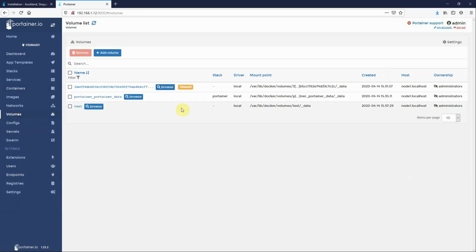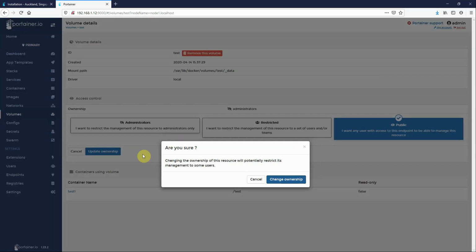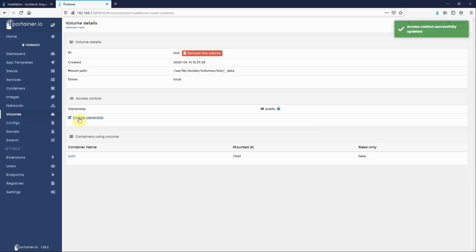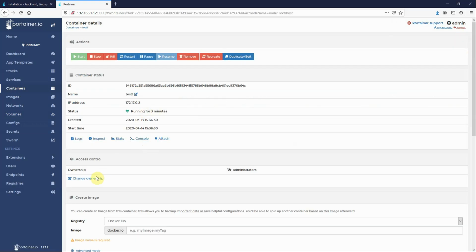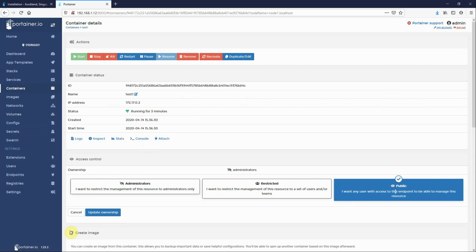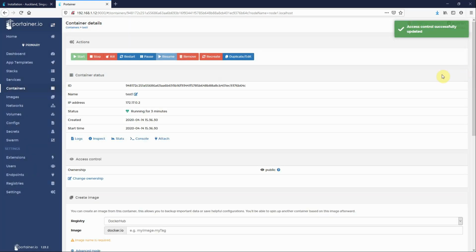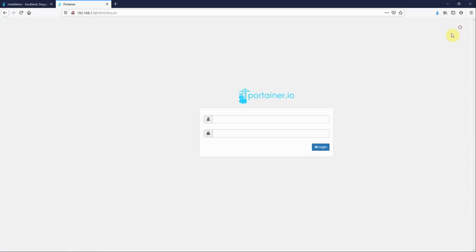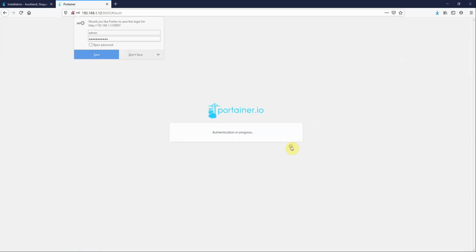And if I just see that volume is currently owned by the administrators, I want to change ownership and I make it public so everybody can see it. Change ownership. I may as well just change this one as well. Change ownership so you can see public, update ownership, change ownership. Now if I log out and log in as Neil, and log in,